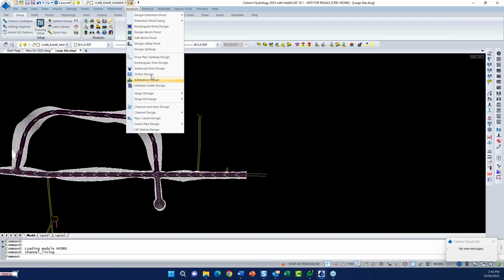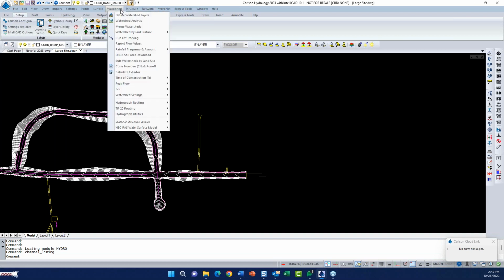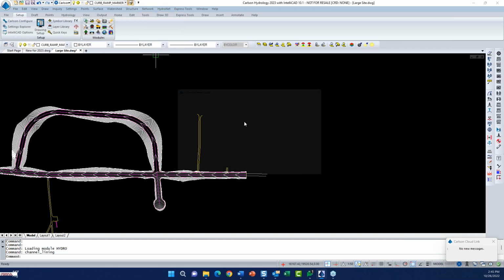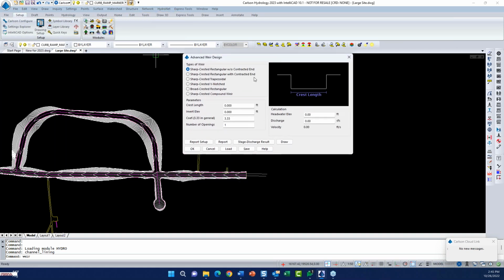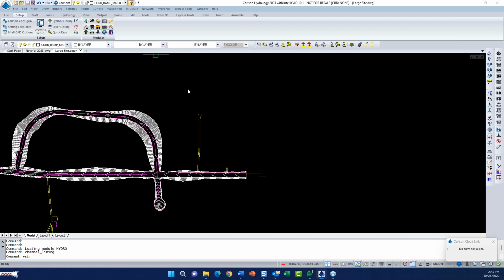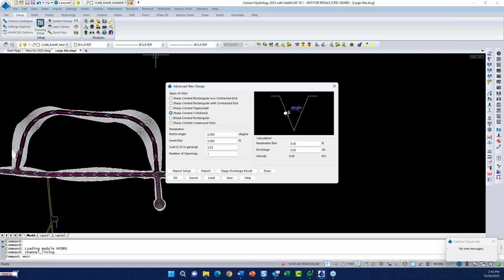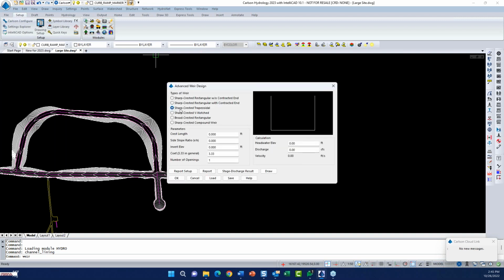Let's see, where's my weir design? Oh, so there's a new advanced weir design. So this is a good one to look at. There, we got a broad crested weir in here now. So you've got this graphic update depending on what kind of weir that you are designing. And